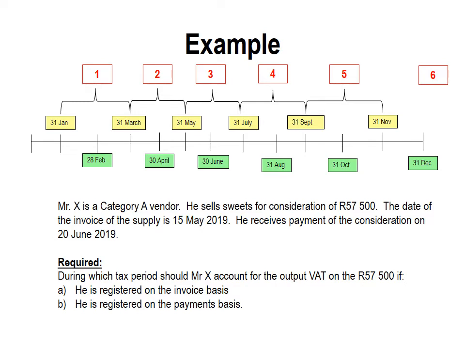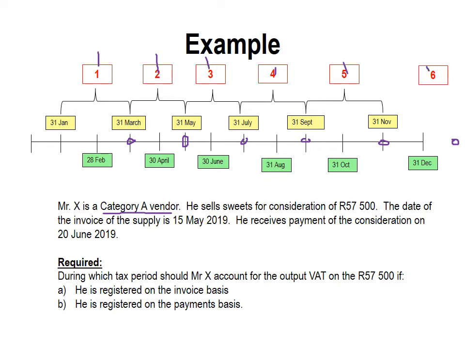So let's have a look at an example. We've got a Mr. X who's a category A vendor. In other words, his tax period is 2 months and it ends on our odd numbered months. In other words, it's going to end on 31 March, 31 May, 31 July, 31 September, 31 November, and then in the next year, 31 January, right? So you'll see I've put out there's going to be 1, 2, 3, 4, 5, 6 tax periods for this